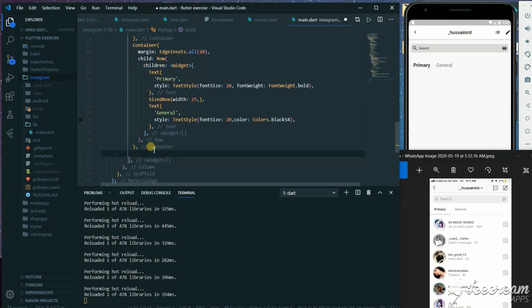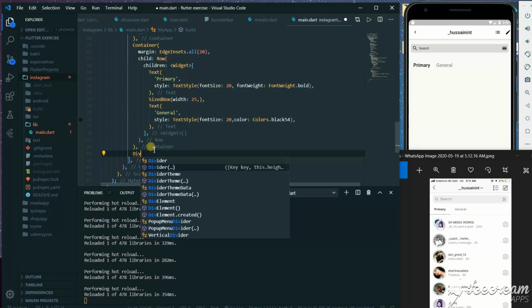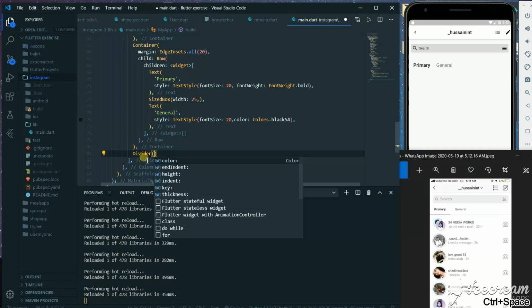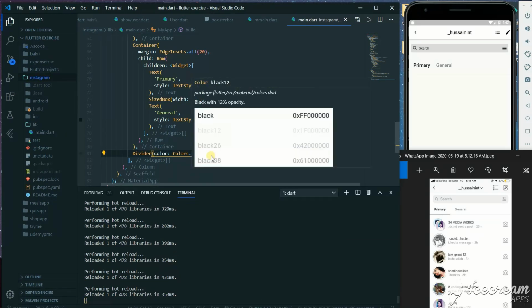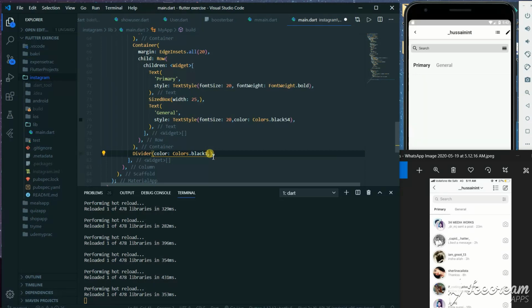We can give that with a special widget called divider that will give us the line. We can't see the line, so we'll give a color. In the color attribute we'll give Colors dot black of 12 shade. I think we'll increase this shade. We'll increase the shade a little more.